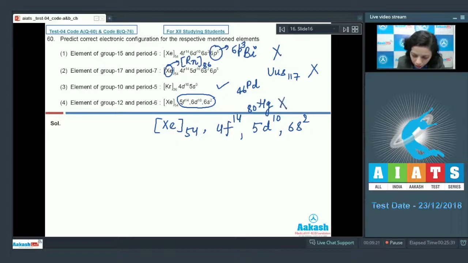This should be the correct electronic configuration. That is incorrectly given. Now, which one is correct? Definitely, that correct electronic configuration for that particular element is given in option 3 only. That's why this is our correct answer. Now let's take